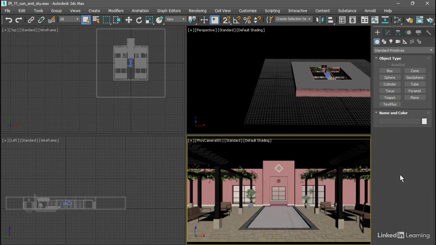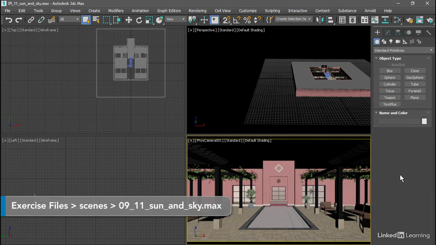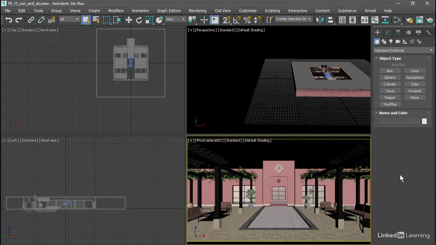The physical sun and sky environment map simulates natural daylight. It's great for lighting studies because we can plug in geographic coordinates and date and time information and see what our architecture would look like at that location and time. We can also manually control the sun position and art direct a lot of other parameters to achieve a variety